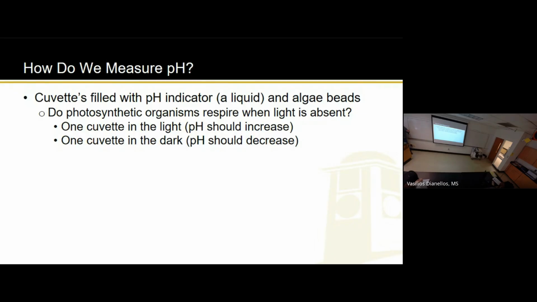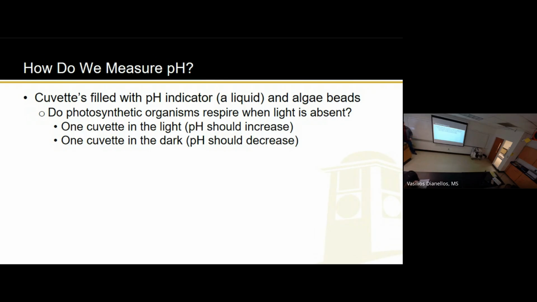And I should have asked for the last one, but this is going to help you too, because soon when you do your pre-lab lectures, you're going to have to answer the question I'm asking you right now anyway. So might as well answer it in your head, so when you do the pre-lab, you can answer it and write. What do you think? Do photosynthetic organisms, in this case algae, do respiration in the dark? Not photosynthesis, but respiration. What do you guys think? Someone, just one person give me an answer before we move forward. Yes, good hypothesis. I agree.